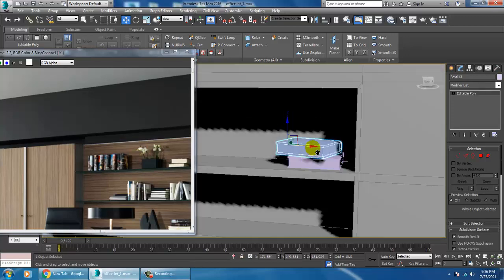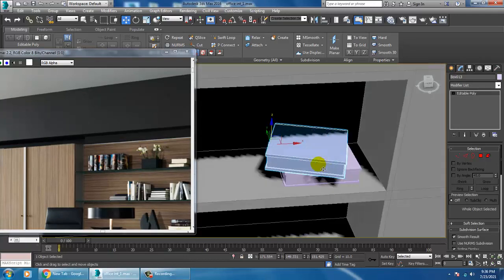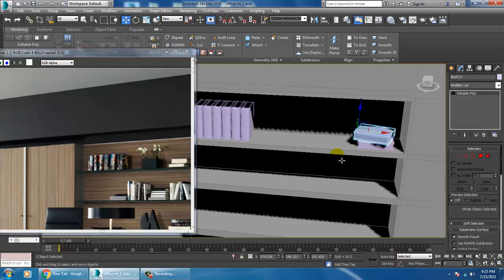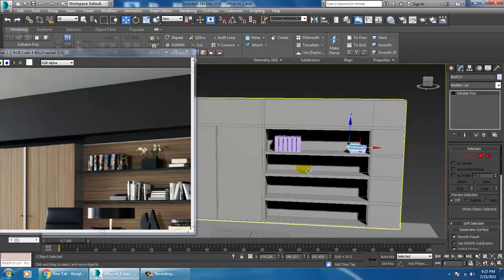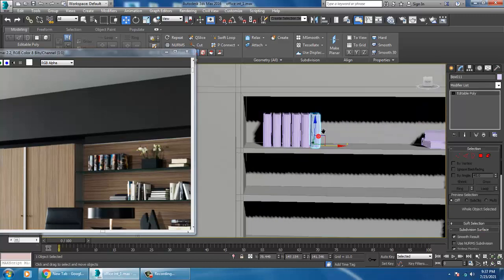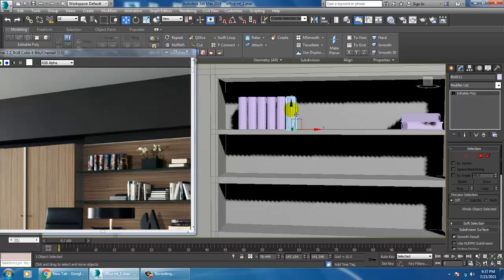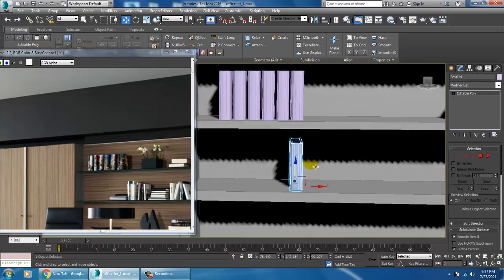That's it. After that, just save your file. We are going to do the same way for the other books also. For that, let's duplicate all those elements.